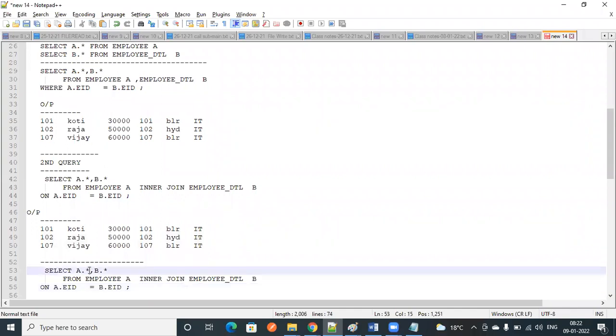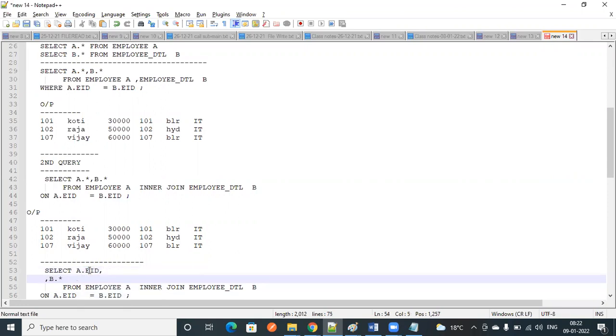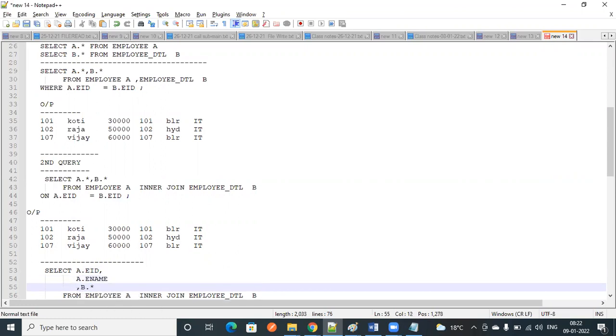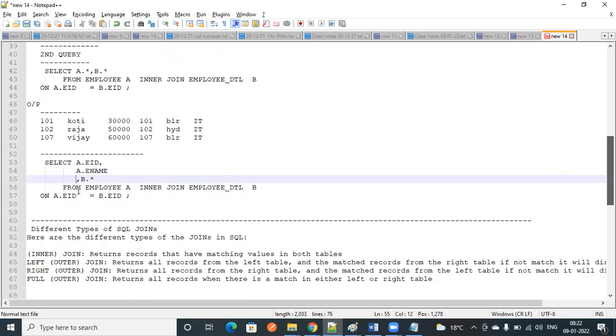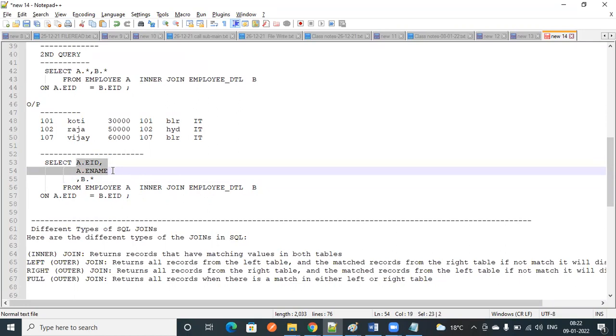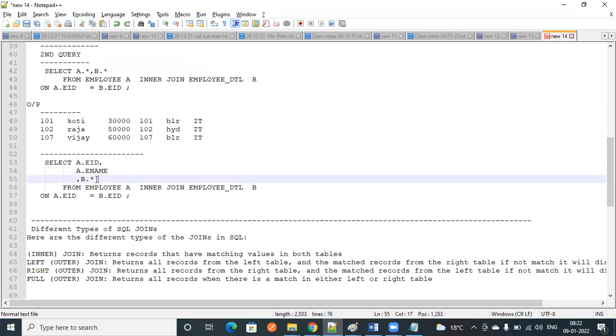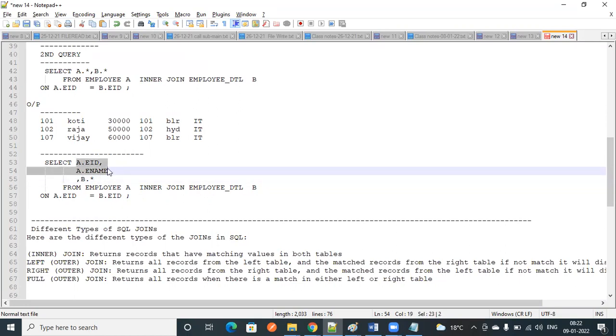A dot employee ID, comma, A dot e name. I want two columns from the first table, so you need to specify the column names. How do we write a normal select query? The same way, that's it.